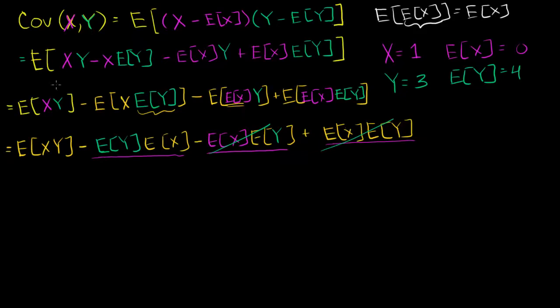We have the covariance of these two random variables, x and y, equal to the expected value of, I'll switch back to my colors just because this is the final result, the expected value of the product xy minus the expected value of y times the expected value of x. Now, you can calculate these expected values if you know everything about the probability distribution